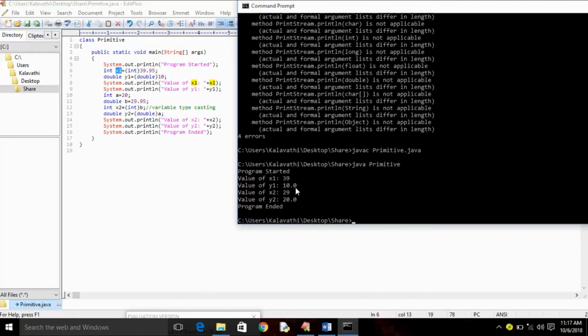Then x2, you can see the value of b is 29.95. The decimal value is cut and it is converted to integer and it is printed as 29. The same way y2, that is 20, which is the value of a, is being converted to double and the double value is printed for y2 as 20.0.